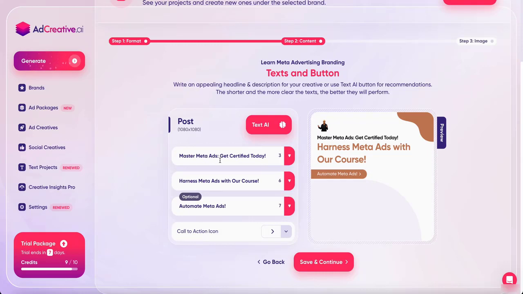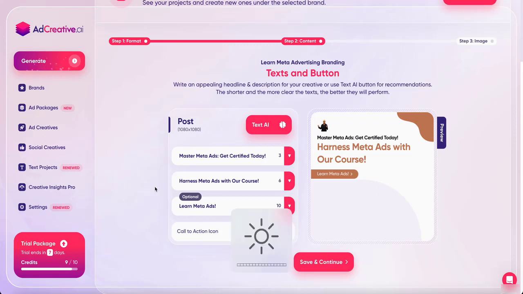Master Meta Ads, get certificate today, harness Meta Ads with our course. Optional, like I would not say automate, I mean it's cool, but I like just learn, you know, because it's very clear.